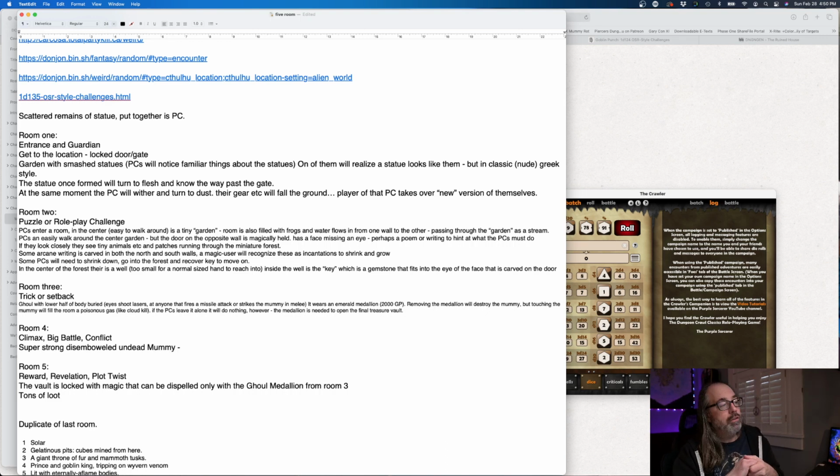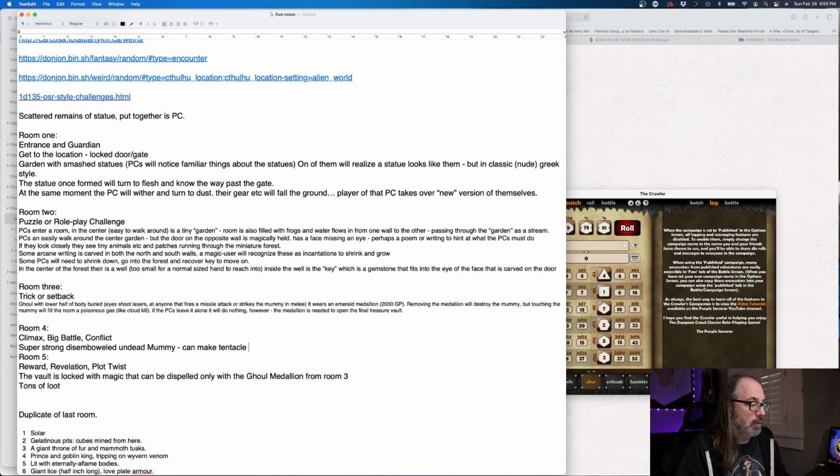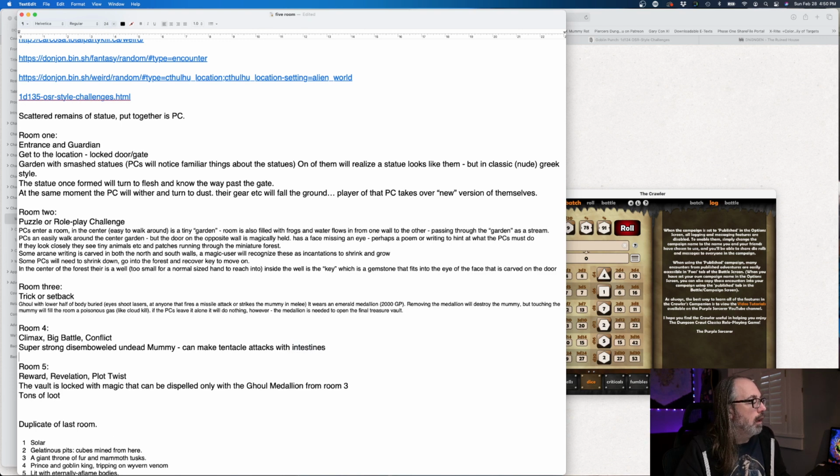So I think because he's disemboweled, this is classic, make a tentacle attacks with intestines. So, I don't like my undead guys to be inside sarcophagi, because people just spend a lot of time trying to figure out. I mean, ultimately they're going to have to open it, right? So I think what I'm going to do is this room